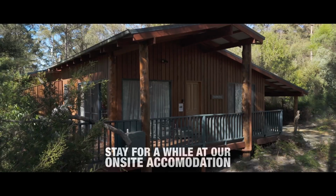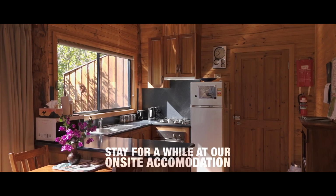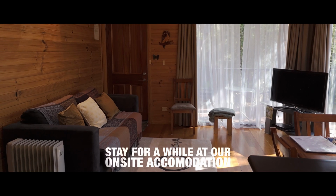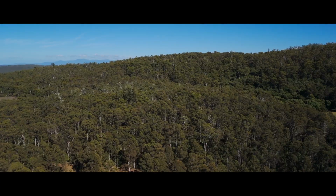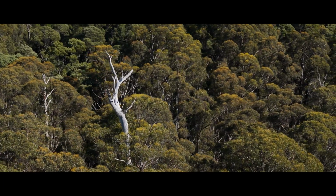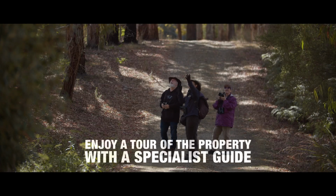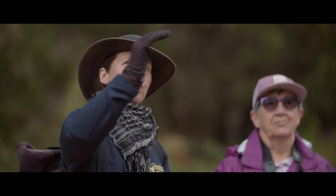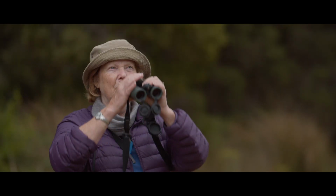In addition to the garden, we've got 2 accommodation cottages, so people can choose to come and stay, visit the garden. The property is 1,500 acres. Most of it is natural bush. We offer tours of the property, which are 3-hour walking tours with one of our specialist guides. We get a lot of bird watchers, but we also have people interested in plants or mammals or photography or,